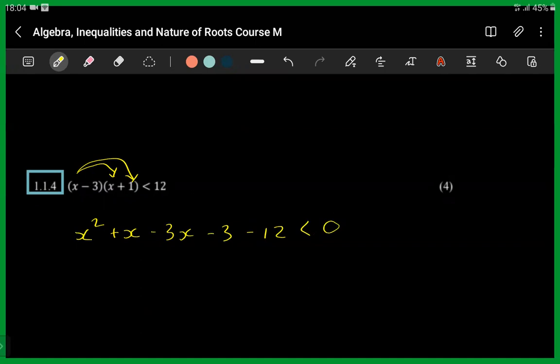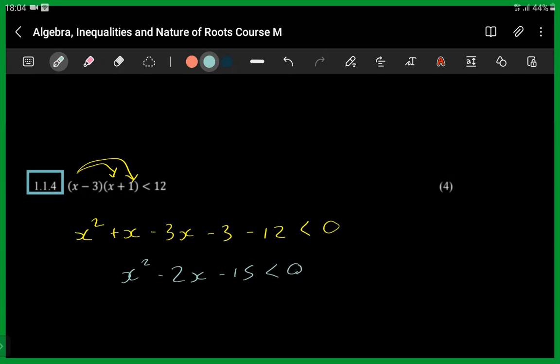Are you still there? Yes, I'm still with you. So from here, you then want to solve for x, right? So you'll have x squared, and then 1 minus 3 is minus 2. Negative 3 minus 12 is negative 15, right? And then